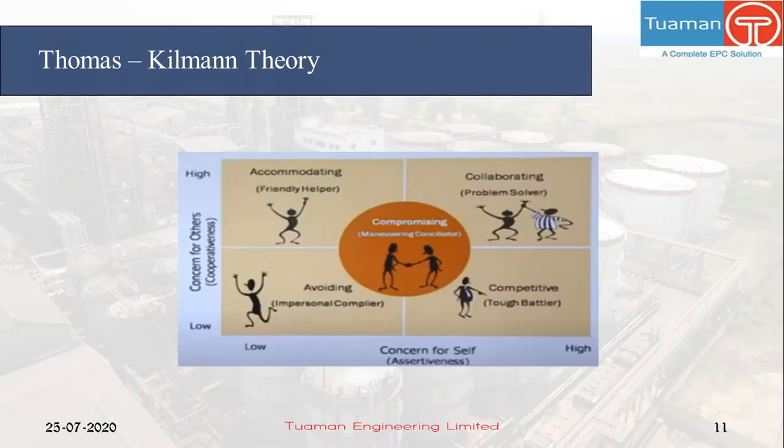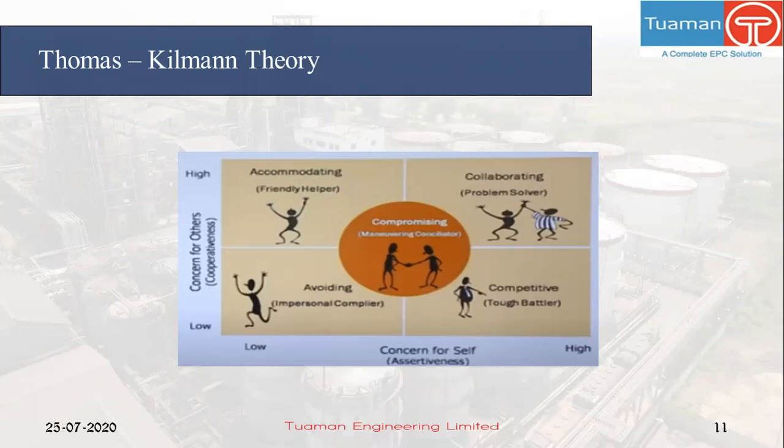Assertiveness means understanding how a person reacts to a particular situation when he is in a conflicting situation, and cooperativeness means the extent to which a person is able to go beyond the call of duty, or rather help others. The simple meaning of assertiveness is thinking for yourself, and the simple meaning of cooperativeness is thinking for others. And these two gentlemen have also described the 4 behaviors.